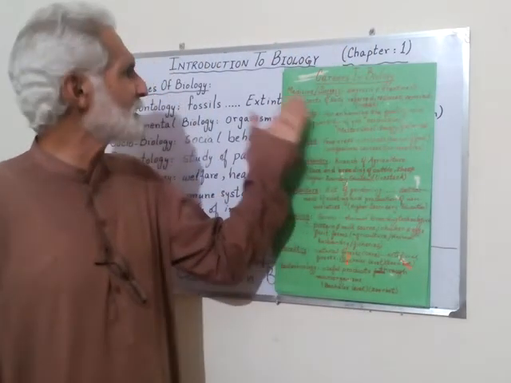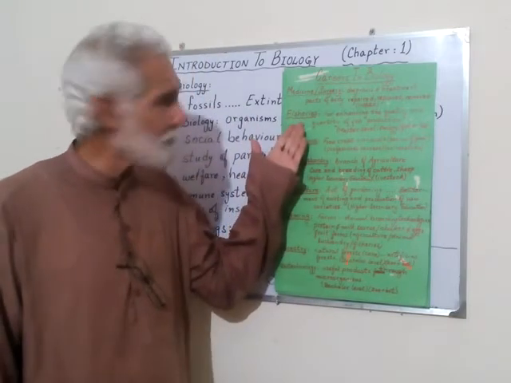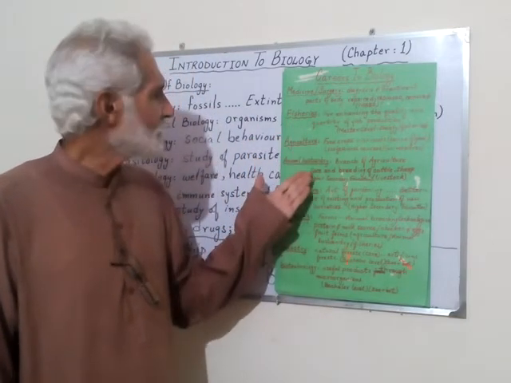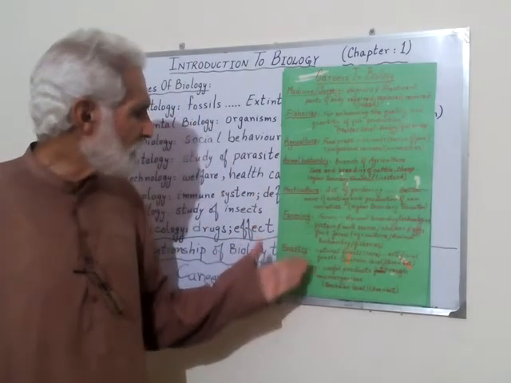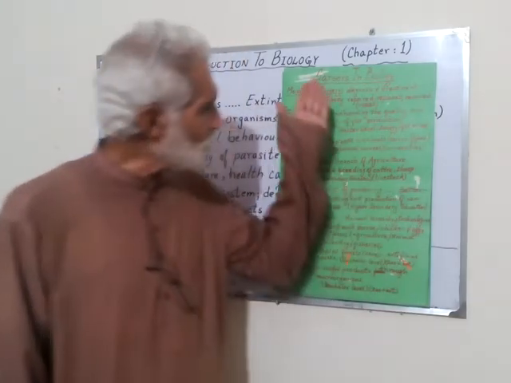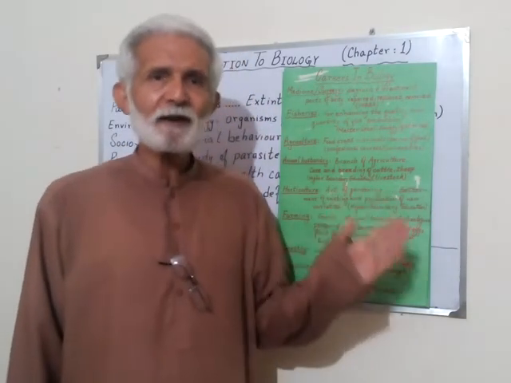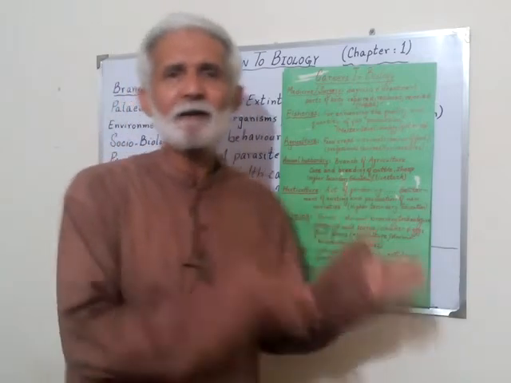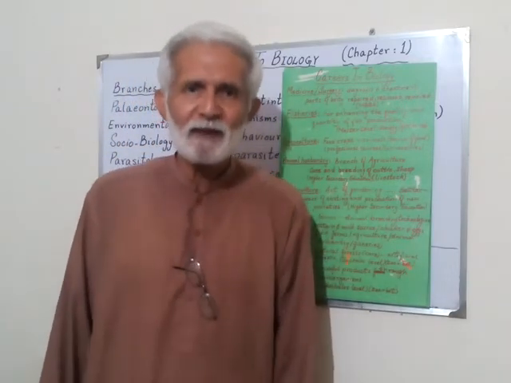First is MBBS, that is medicine and surgery. Then there is fisheries department, agriculture, animal husbandry, horticulture, farming, forestry and biotechnology. There are so many things and much more that we can do. We can select a career after studying biology, zoology and botany. So that is very important.